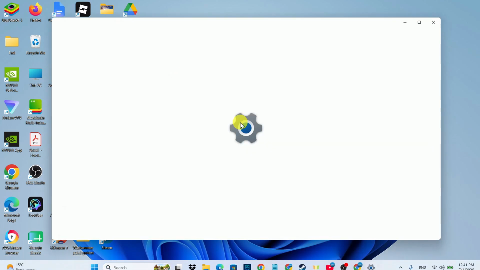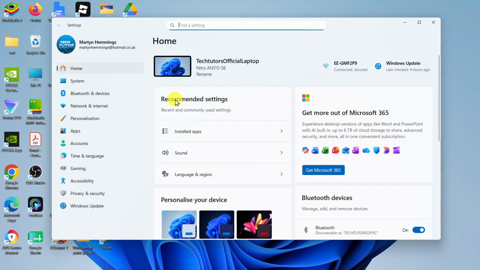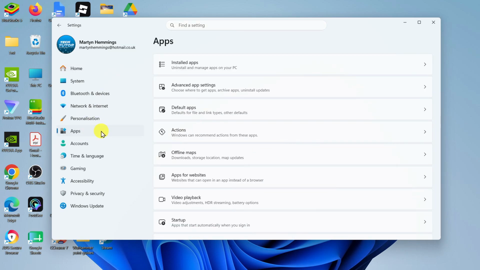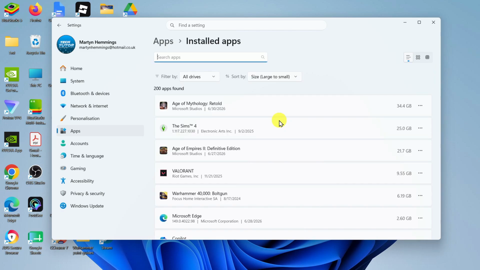underneath best match. Once your settings window is opened, come over to the menu on the left hand side and click onto apps just down here, and then what you want to do is click onto installed apps. What that's going to do is bring up a list of all the installed apps on your Windows 11 computer